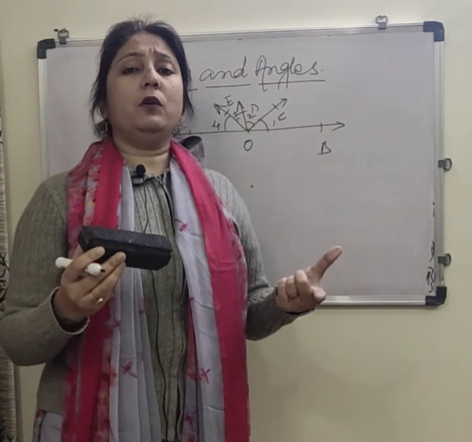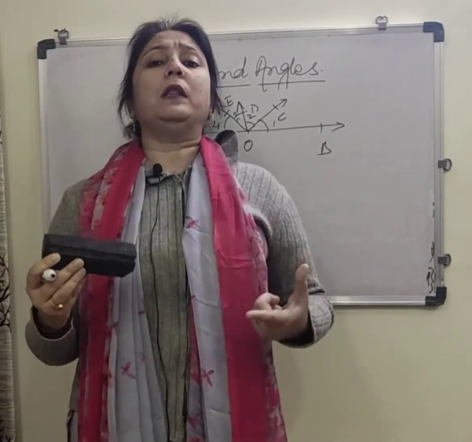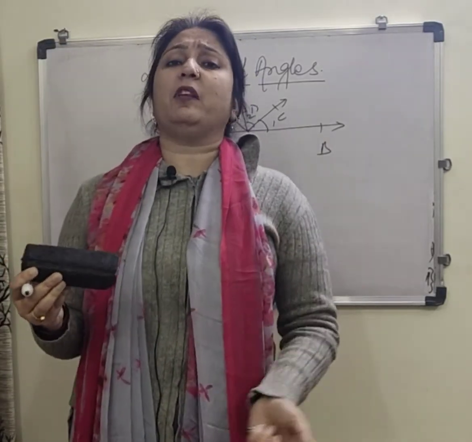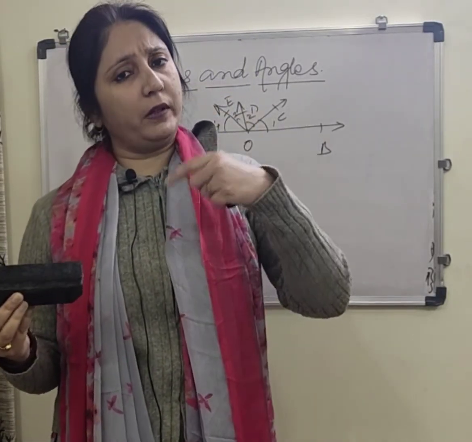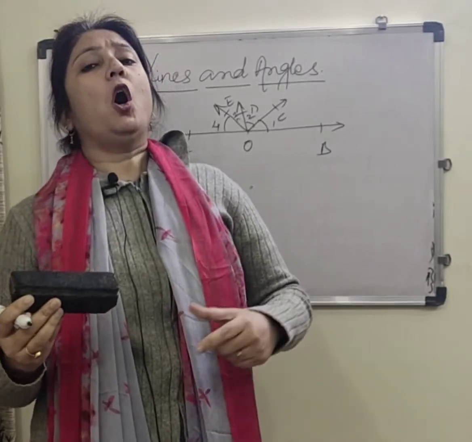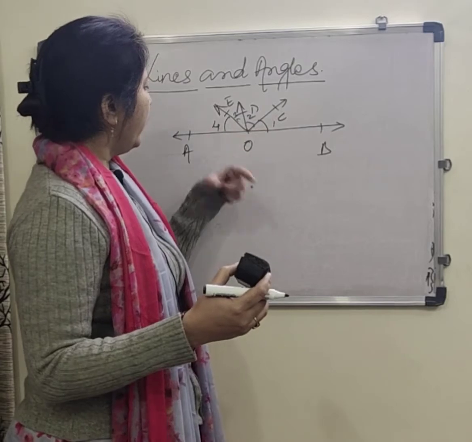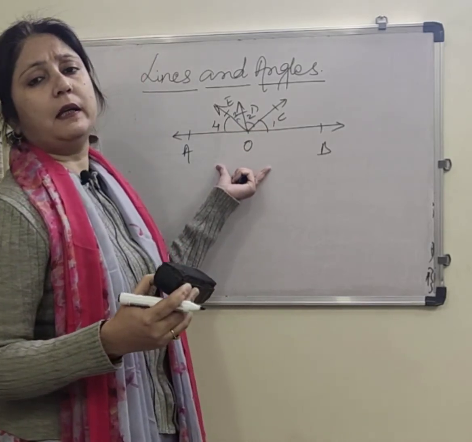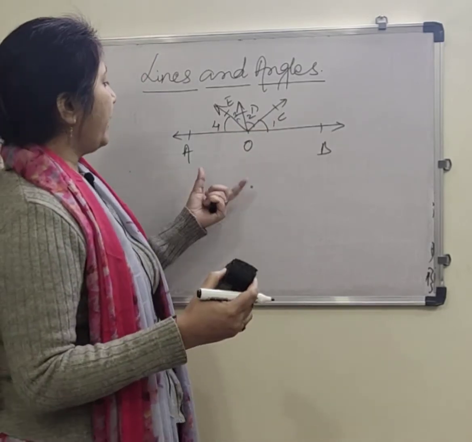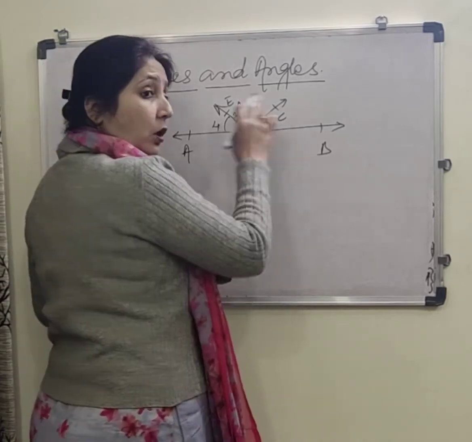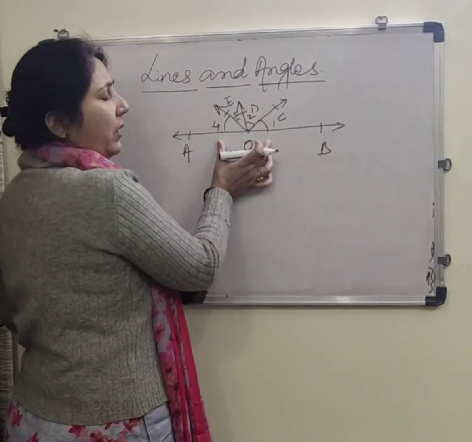So we have concluded that the sum of all the angles on the same side of a straight line, whether it is vertically upside or downside, you have drawn above, you can draw below also and see. The sum of angles will not be all together. Take only one side.